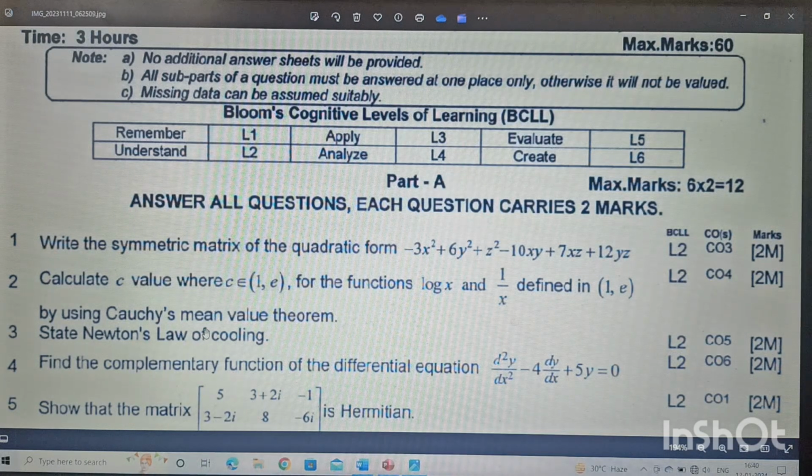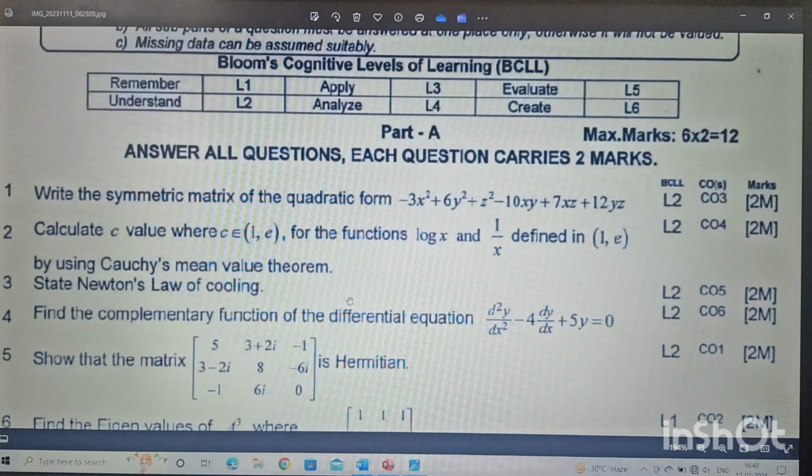Next one, so find the complementary function of the given homogeneous equation d square y by dx square minus 4 into dy by dx plus 5 into y is equal to 0. So this is one of the questions from unit 6. Okay,